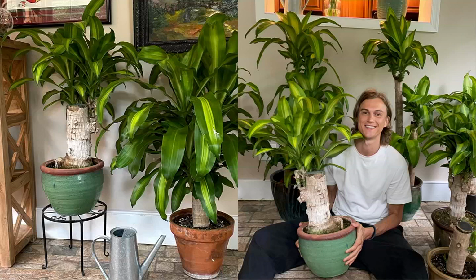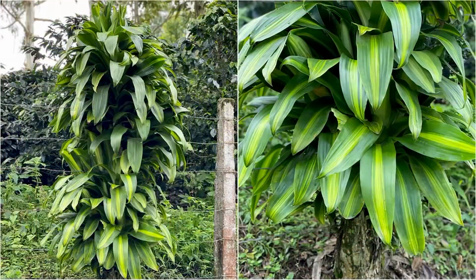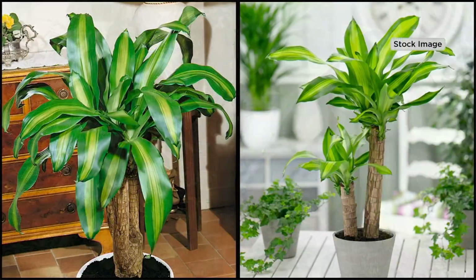They don't need to be put outside. I have multiples of these in my house in areas that don't get any light, not in front of windows. They may get some very indirect light, but honestly, they don't get a lot of light and they're fine. So as a houseplant, you can put these practically anywhere, and it's great because they don't need to be watered